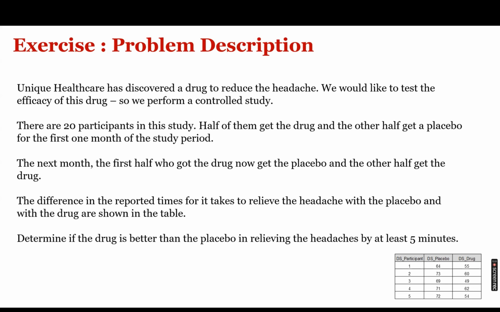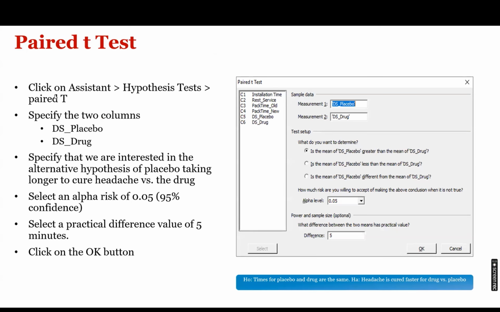That means we have to prove that the drug is better than the placebo, right? So our null will be the drug is not better than the placebo. Here, better means reduces the headache faster. So our null is it is not better than placebo. Because the data has been used here twice, you understand, there is an interchange within a month, we do a paired t-test. Otherwise, it is the same process we do.